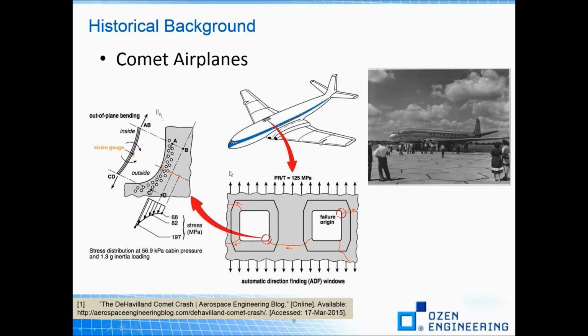And the first example is the Comet airplane crash. It is one of the most important instances where cracking resulted in total loss of airplanes and lives. The Comet was the first production commercial jet airliner that went into service in 1952, about 60 years ago. And within 2 years of entering service, in 1954, 2 of the Comet fleet fell apart during ascending to cruise altitude. Investigations